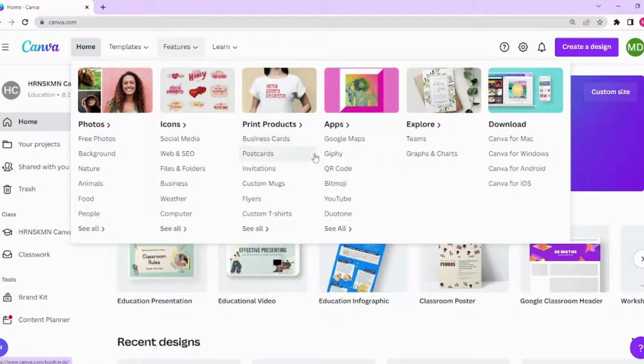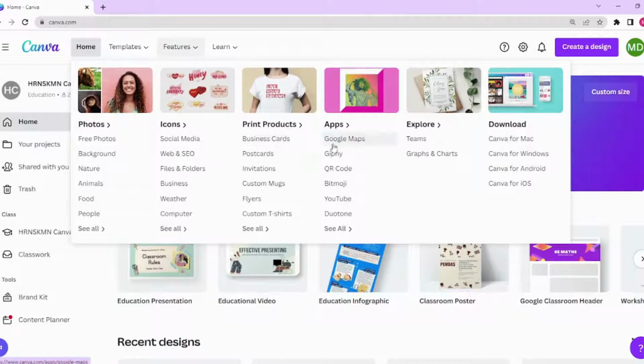You can actually design business cards, postcards, invitations, and print them, but I don't think you can print it directly from every country. I think it's available for some countries, but I actually use this Canva to design business cards and some mugs. Seriously,